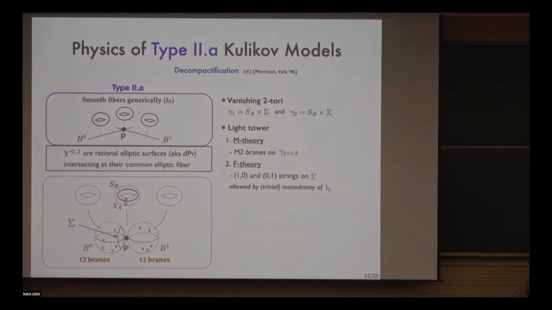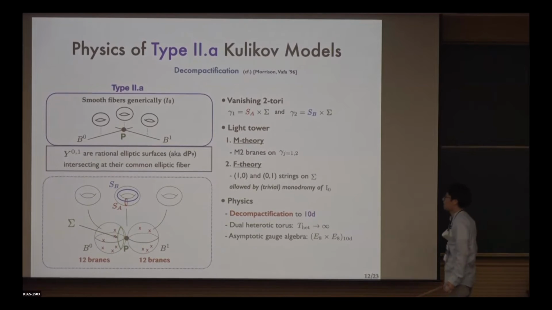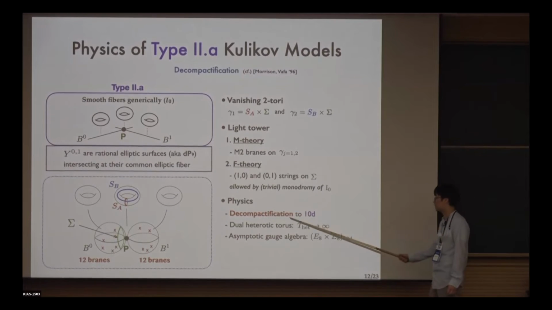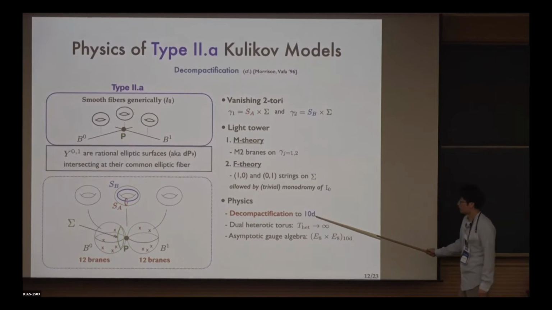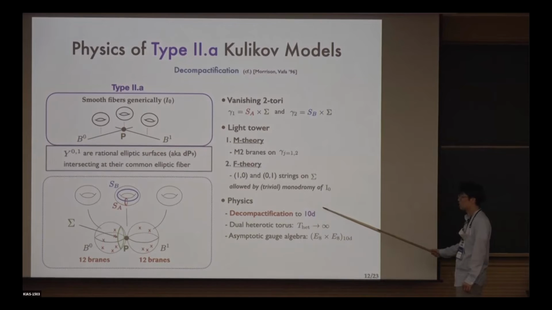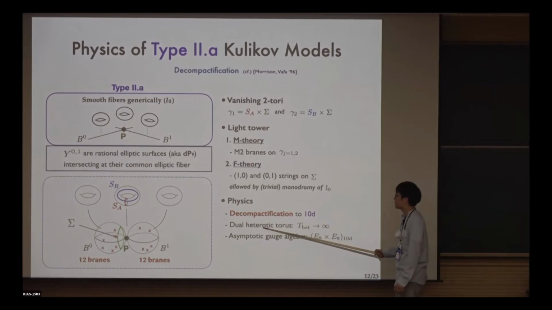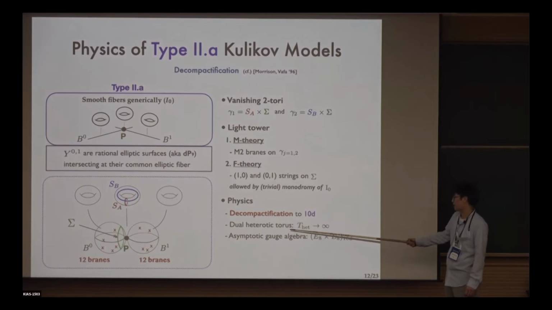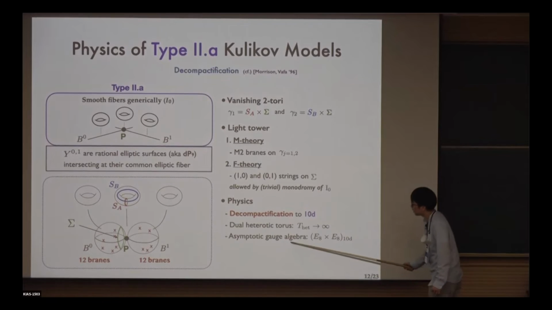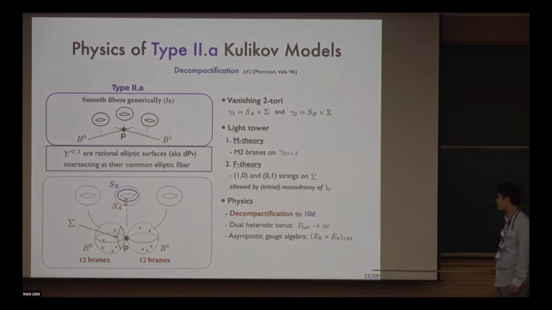So as I said, indeed, having observed a pair of KK-like towers, we propose that the corresponding physics should be decompactification to 10 dimensions by uplifting by 2. And this proposal is strongly supported by analyzing the dual heterotic frame, in which we can learn that the dual heterotic torus has the Kähler modulus diverging, and therefore we decompactify to 10 dimensions, and this decompactification now manifests in this dual frame. And clearly, the asymptotic gauge algebra should be fully restored to 10-dimensional E8 times E8 because we go to 10-dimensional heterotic string theory.